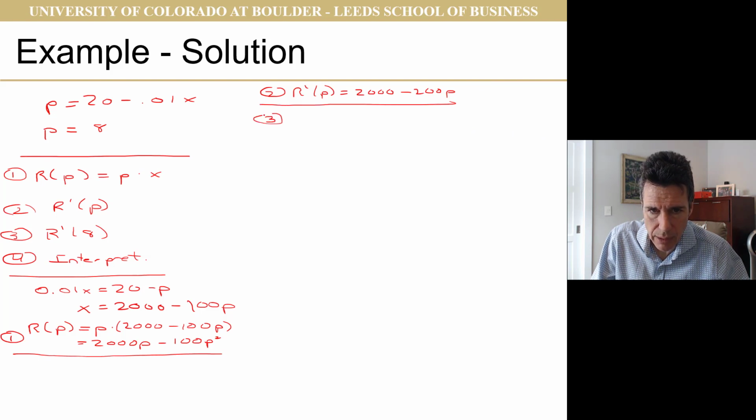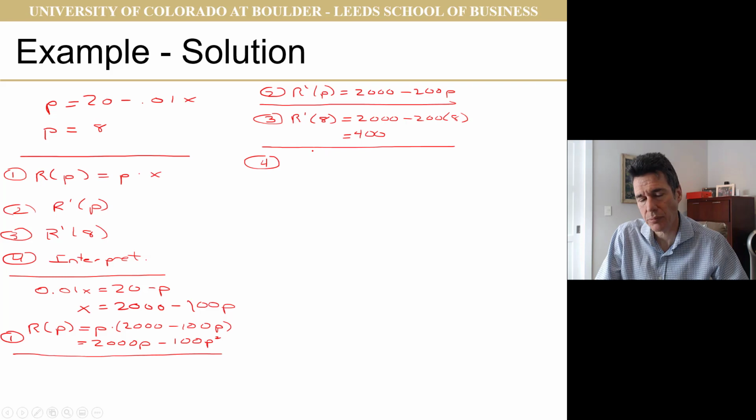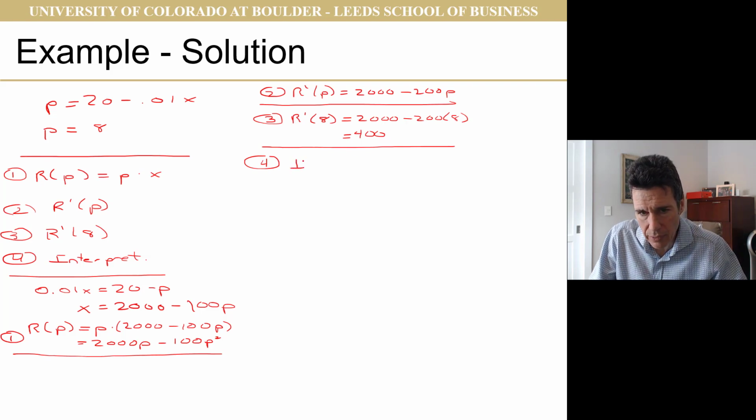Step 3, we calculate r prime of 8, that's our current price, which is 2,000 minus 200 times 8, which of course is 1,600, so that's 400. And so the last step, of course, is to interpret. Well, first off, we can see this is a positive number. The slope is positive. So increasing prices